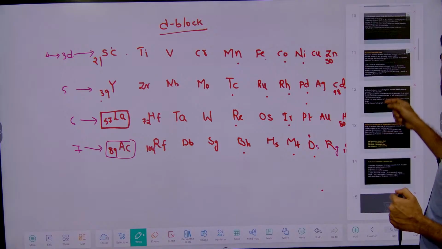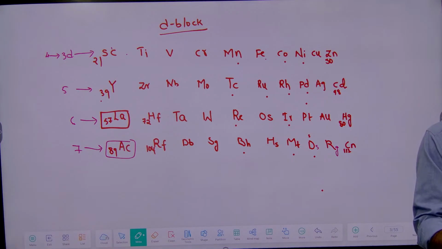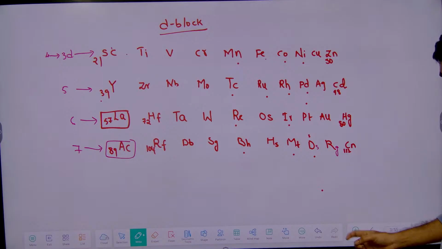Okay, so today our task is to remember. We are left with lanthanides and actinides now. So one more day I will tell you lanthanides, actinides. All together you will forget everything. So every day one part. Next,